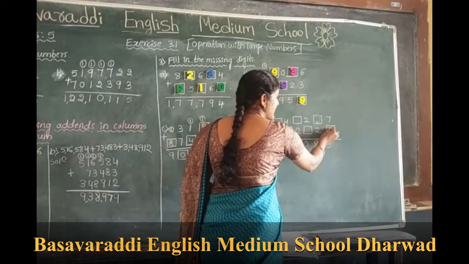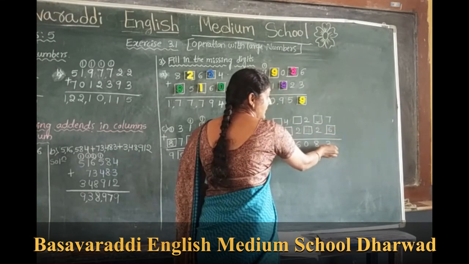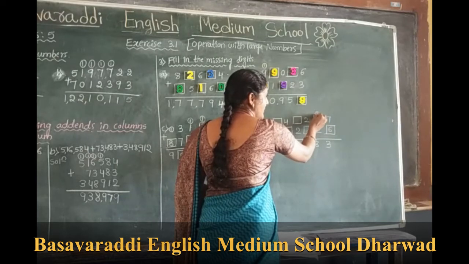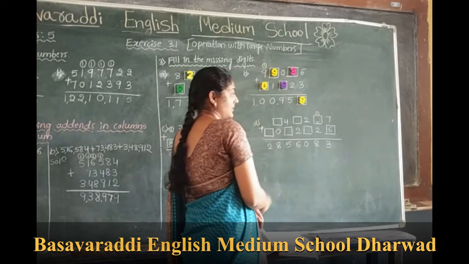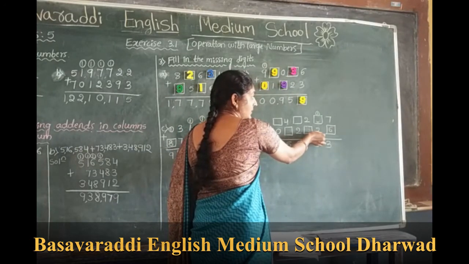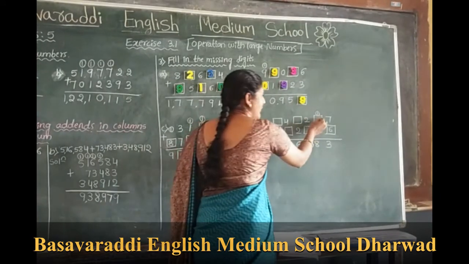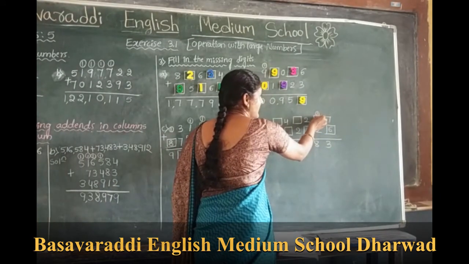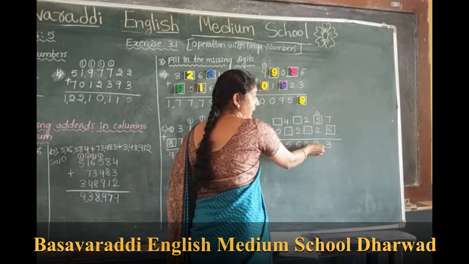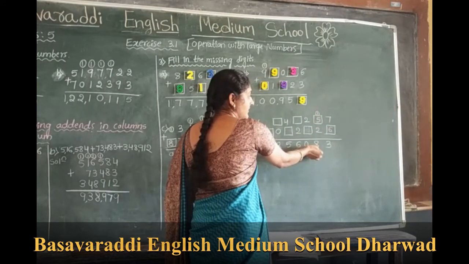Okay, 7 plus, which number we have to fill in the missing digit? Okay, we have to fill the 6. We get the 13. 7 plus 6 is 13. 3 already in the sum column. So 1 carry over to the next number. Okay, in the sum already 8. In the second addend 2 is there. So which number we have to add in the first addend? The 5. It means add the number there. 1 plus 5 is 6. 6 plus 2 is 8.